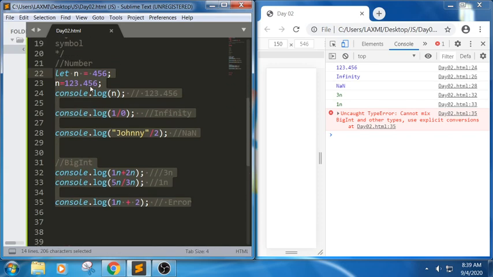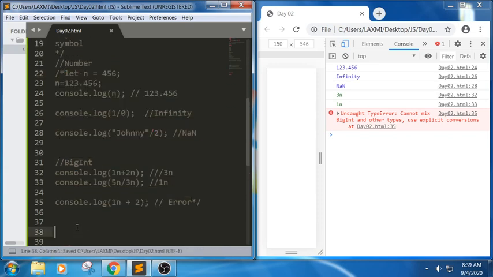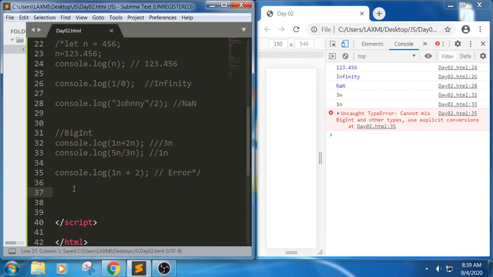Let me put everything in the comments. We cannot mix a BigInt plus a number. We need to use something called type conversions, which we will discuss at the end of the session. I want to convert these values into another format.